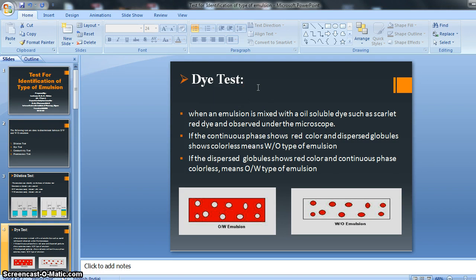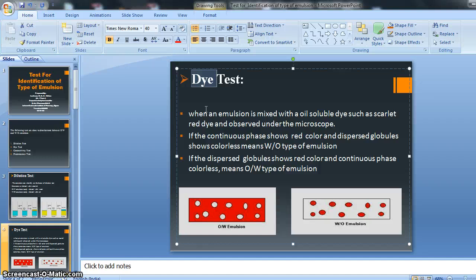Dye test means, I think you are familiar with this name, dye means some color. With the help of some color we can identify our preparation. So let's see how. When an emulsion is mixed with oil soluble dyes such as scarlet red dye and observed under a microscope, we need a microscope for doing this test.